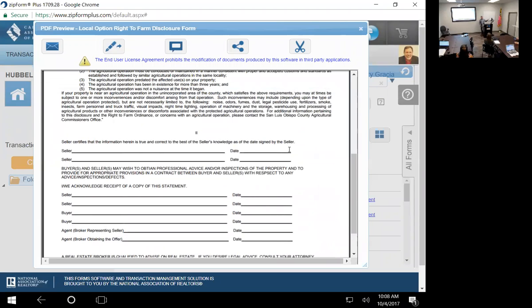Like the TDS, seller signs twice, all the agents, all the brokerages sign, buyer signs, everybody signs. The signature part is set up a lot like a TDS. So the NHD